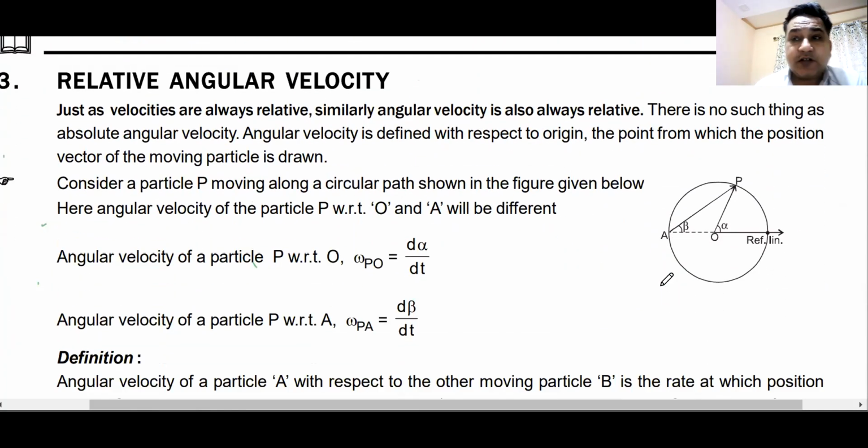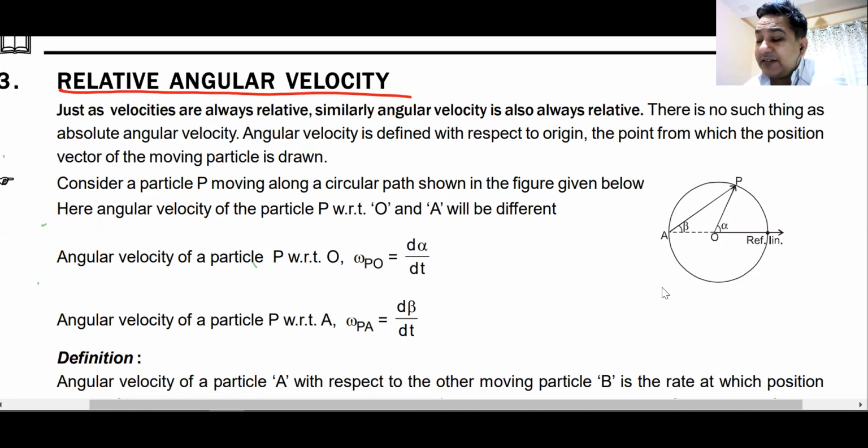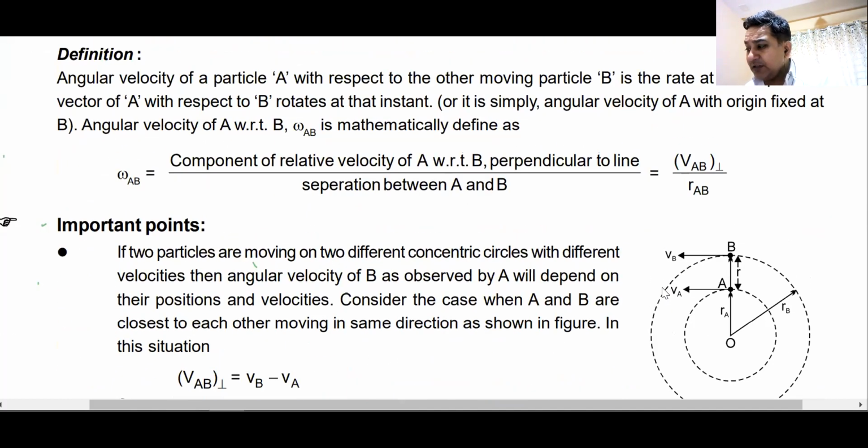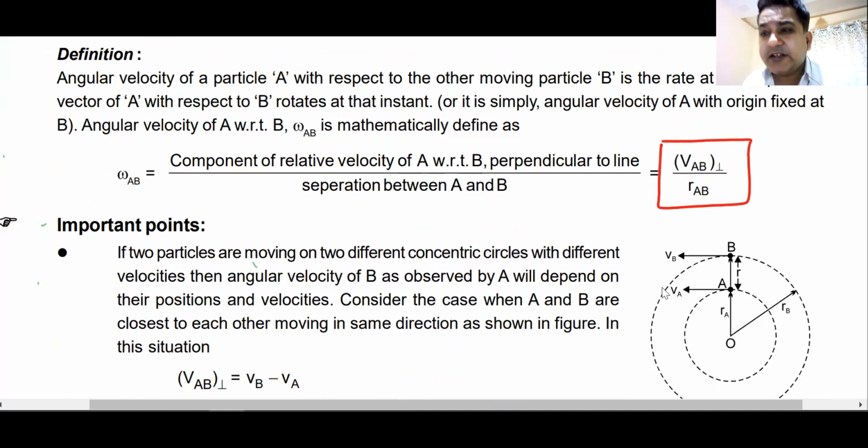Okay, this is a very important concept that probably you might not have heard. As we discussed something about relative velocity, velocity of rain with respect to man, or velocity of boat with respect to river, and so on, you can also have a term known as relative angular velocity. What is this relative angular velocity? Relative angular velocity is the angular velocity with which one body sees the other body moving in angular motion. Now, how do I get this? The very simple way of getting the relative angular velocity of A with respect to B: what do you find out?